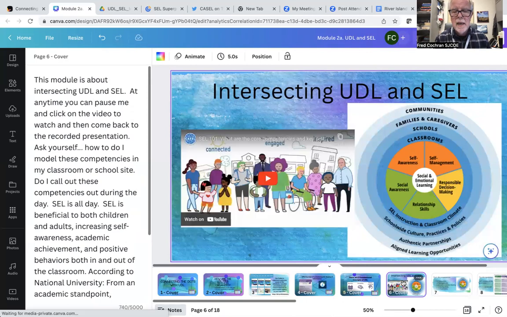The next slide is what the topic's about. We're going to intersect UDL and SEL. So that's what this module is all about. And when you are presenting or sharing information, if you use my recorded version of this session that is on the Padlet, you can pause whenever a video appears on the slide deck, and you can stop and talk about